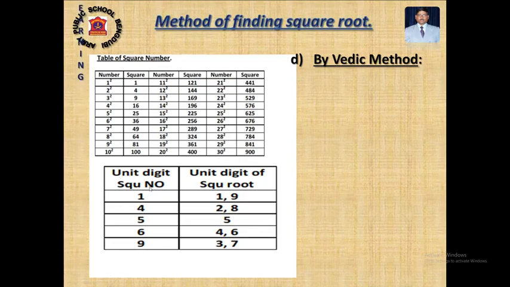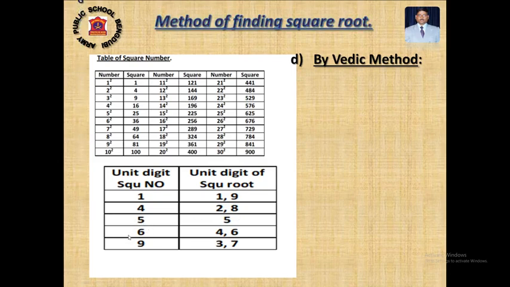That is one part. And the unit digit of a square number. What is the unit digit of a square number? If any perfect square number ends with 1, then the square root unit digit will be either 1 or 9. This relation you have to remember, okay. If the square number ends with 4, unit digit 4, then the square root unit digit will be either 2 or 8, okay. Now 5, always 5 in a square number, the square root also ends in 5, there is no change.